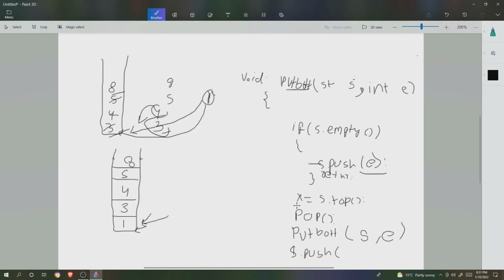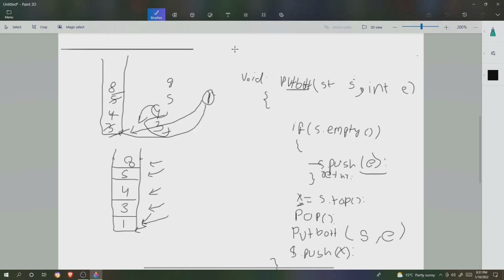We have these elements back in the recursion stack, meaning this 3, this 4, this 5, this 8. So now simply push x. And that is our complete function.